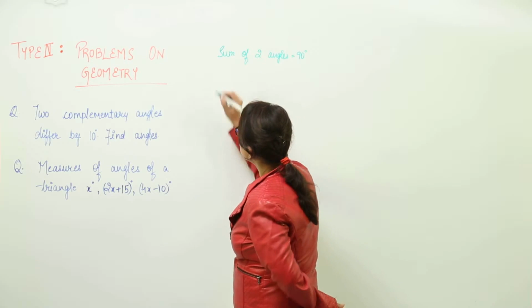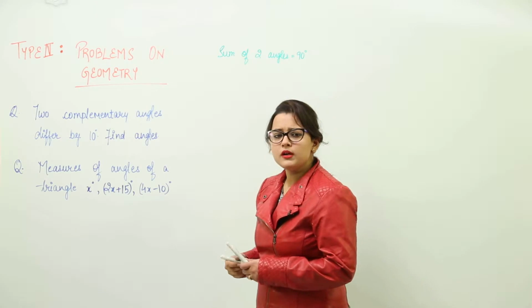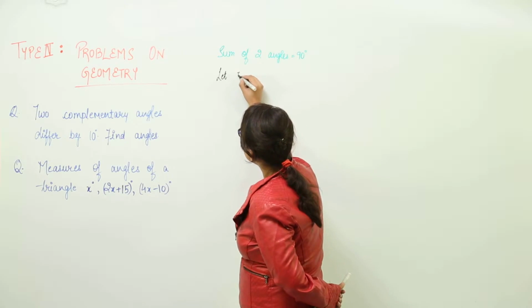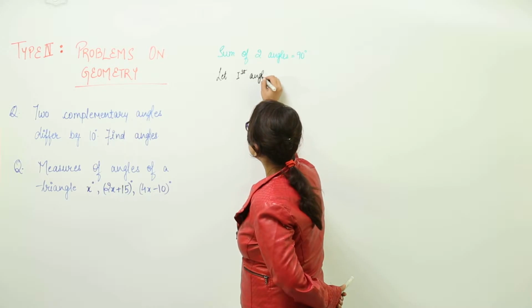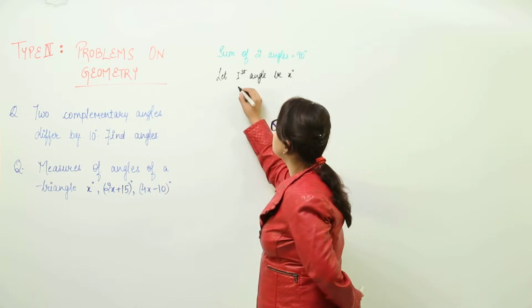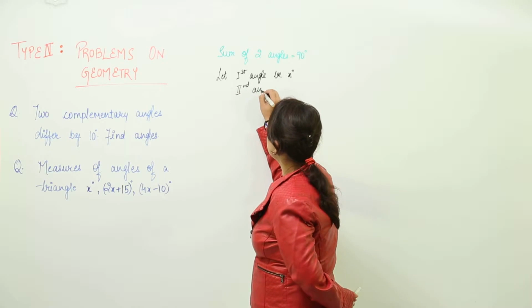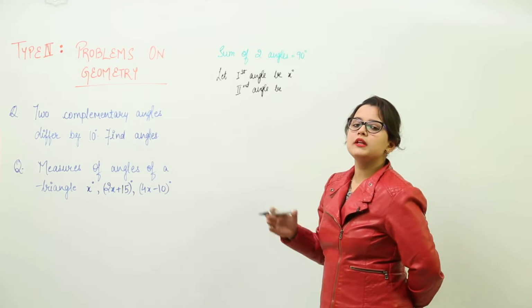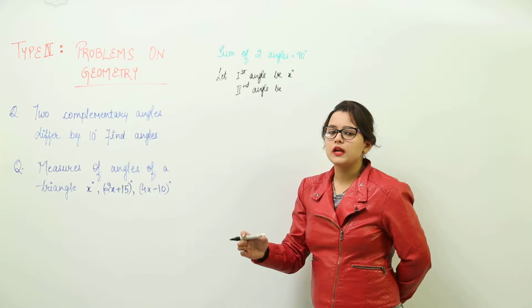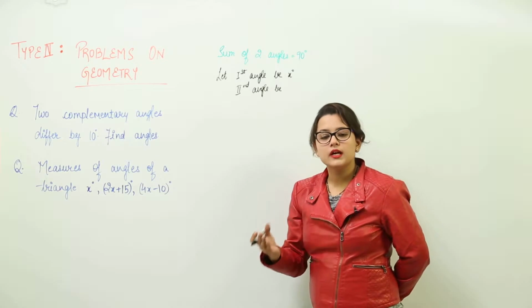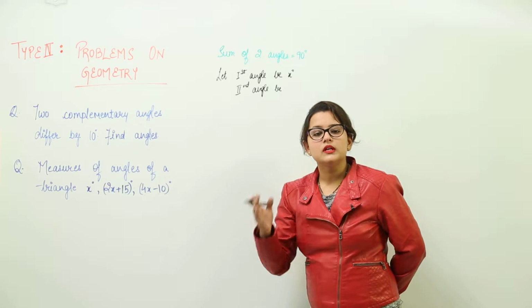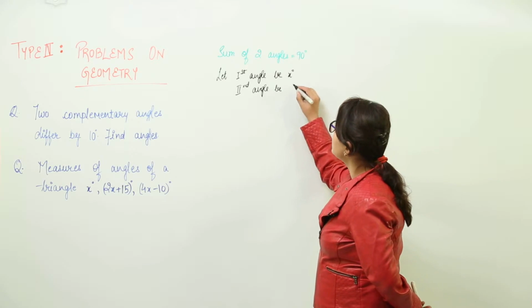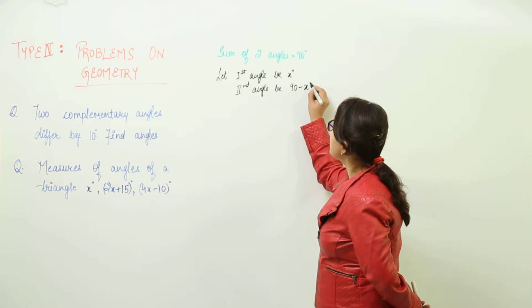Now according to this, let us start the question. We have to find out the two angles, so we will start by assuming a value. Let the first angle be x degrees. Now if one angle is x degrees, what will be the second angle if both add up to 90? If one angle is 30 degrees, what will the other angle be if they are complementary? It would be 60. How did you find that? From 90 you subtracted 30 and got 60. So the second angle will be 90 minus x degrees.